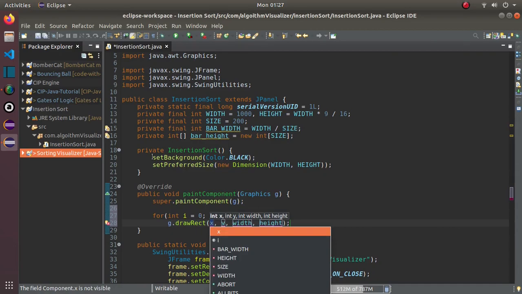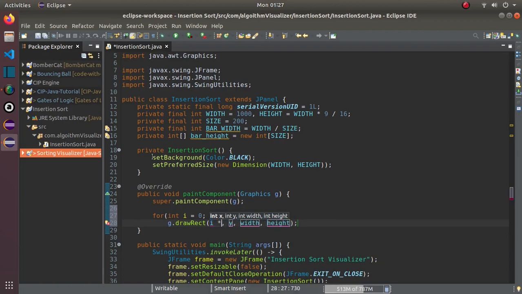So the x will be i multiplied by the bar width. Why did we multiply that by bar width? Because we want to respect, or we want to include the bar width of each individual bar. And let's try to remove that first so that you will understand what I am trying to tell. So the y will be 0, so it will be drawn from the top to the bottom. Then the width, of course, is the bar width. Then the bar height,